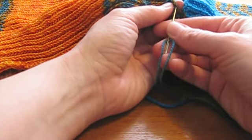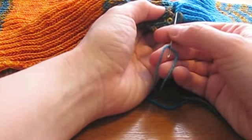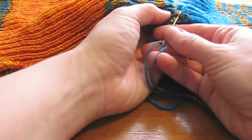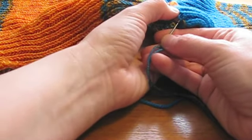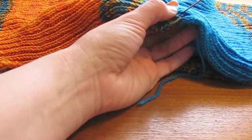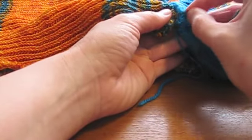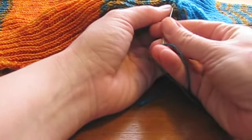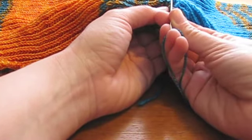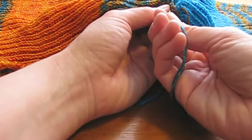Come over here, find another one, and you know, how precise you are with this is up to you. Do you want to get at every single one? That's fine. Get one bit of yarn from each side. If you feel like you don't need to be quite that perfect, you probably could do it every couple of sets of loops. Just underneath